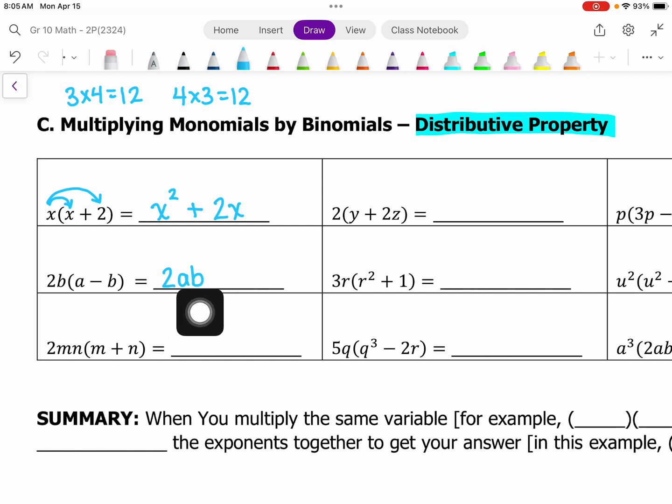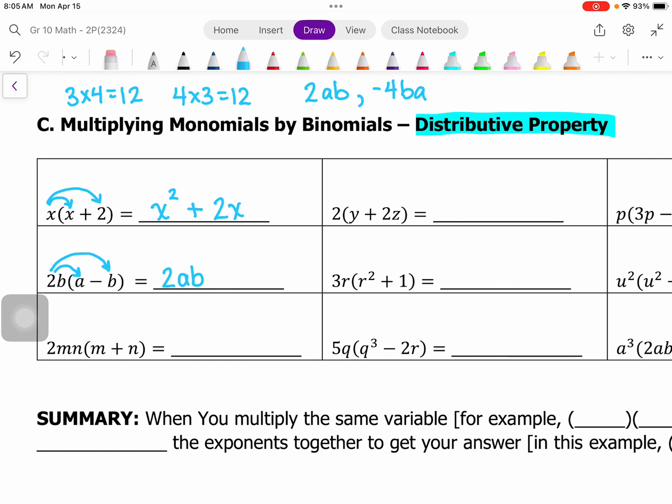When we use letters, we write them in alphabetical order, just so somebody doesn't get confused that 2ab and negative 4ba are really like terms, and you would be able to add them together. So it just keeps it easier for us. So that's our first one. 2b times a is 2ab, and then I have